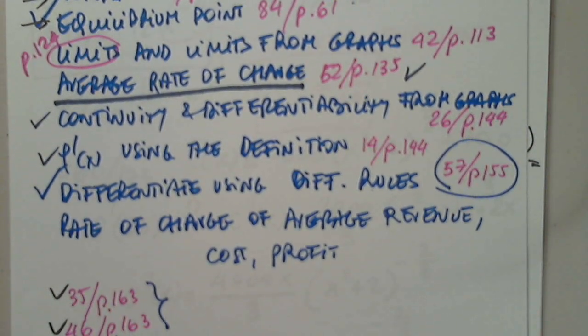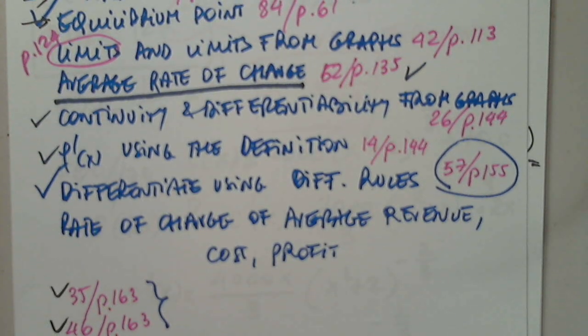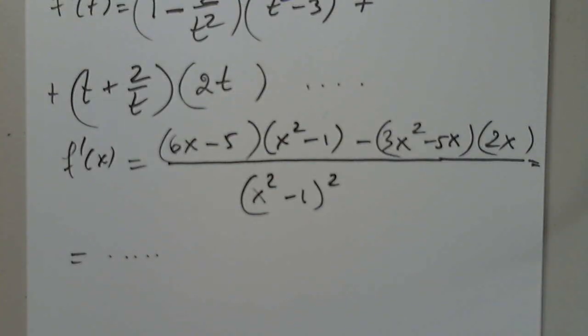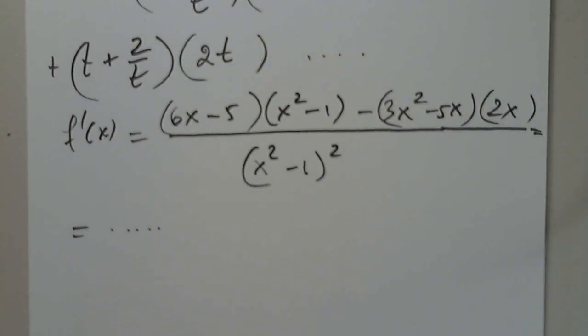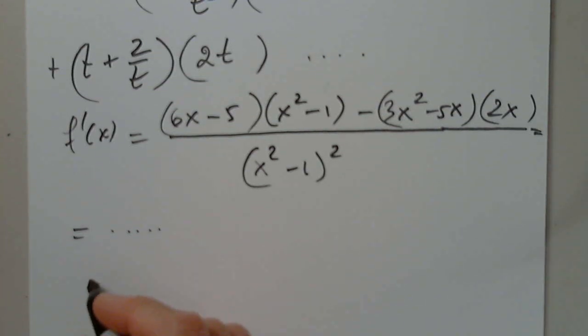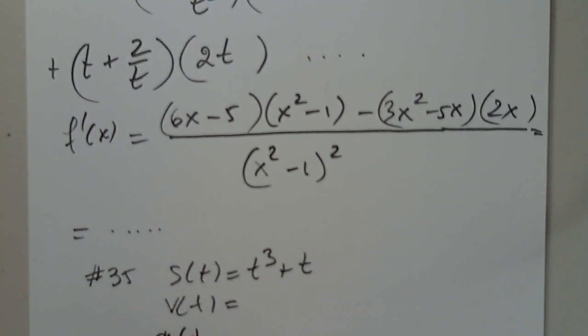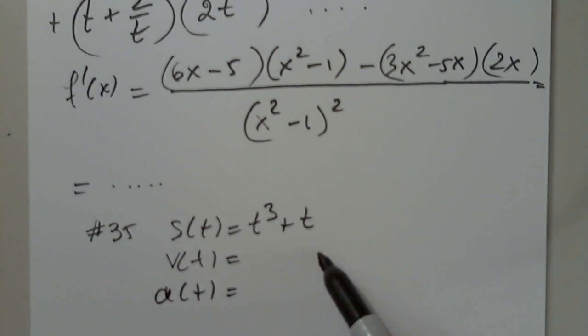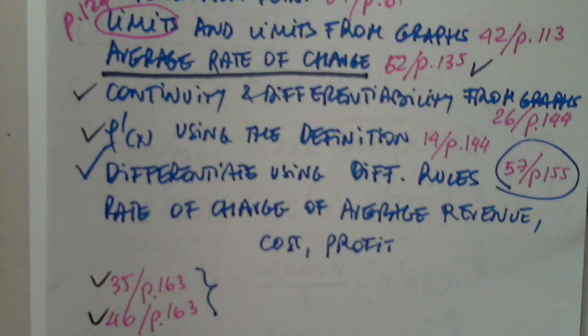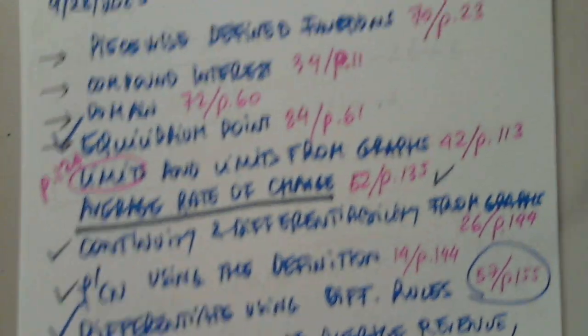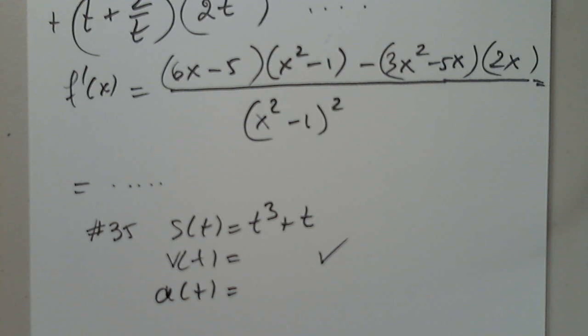Okay, so let's look at page 179. 35 and 13. So 35 on 179, what was it? Yeah, we already did a problem like that, so I can skip this one. This was s of t equals t cubed plus t. So the velocity and the acceleration, and evaluated such and such. I think we should skip that because we already did at least one tonight. And let's see 13. What did I want with 13? Yeah, let's do 13